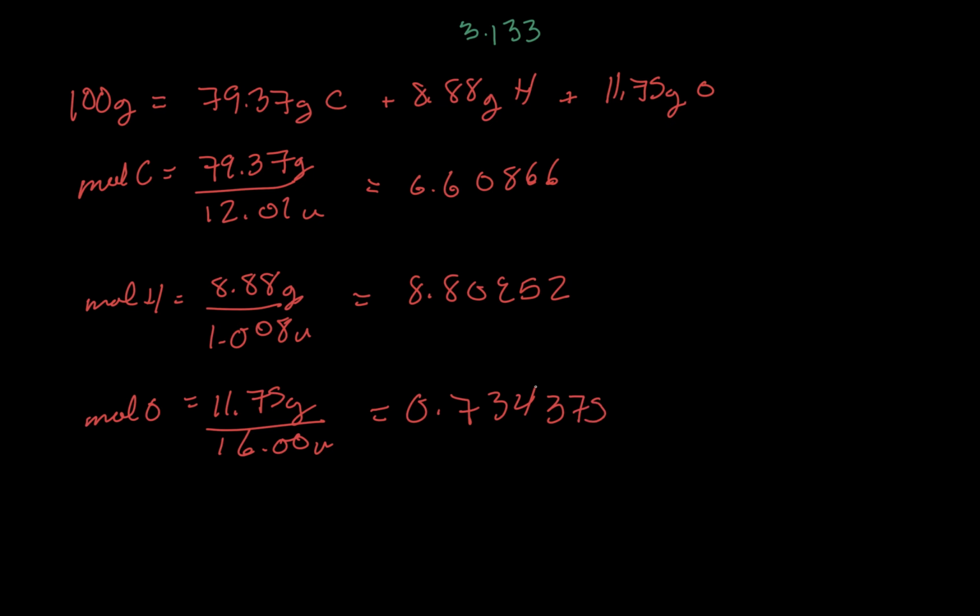Okay, so when you're doing empirical formulas, you divide all your molar values by the smallest amount of moles, which in this case is oxygen, right? So we need to divide each of these by the moles of oxygen. And that's how we're going to get our empirical formula. Okay, so let's make that happen. So the empirical formula then is going to be